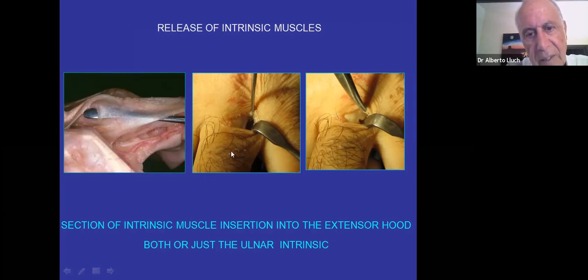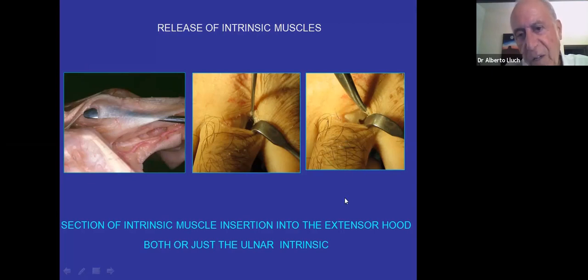This is proximal, this is distal, this is the web of the finger, and this is a man, obviously, because of the hair. With the transverse incision, you move the skin towards one side until you see the extensor hood, and then you keep cutting the extensor hood from volar to dorsal. You can cut it completely up to the extensor tendon in very severe cases, holding the MP joint in extension,